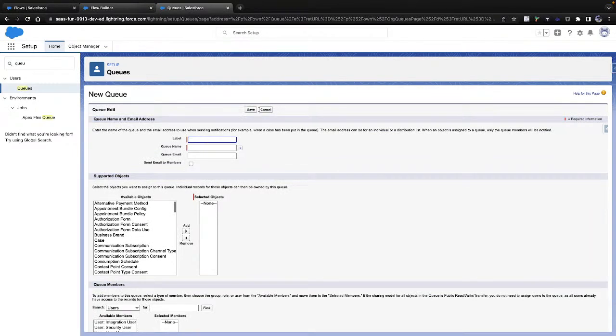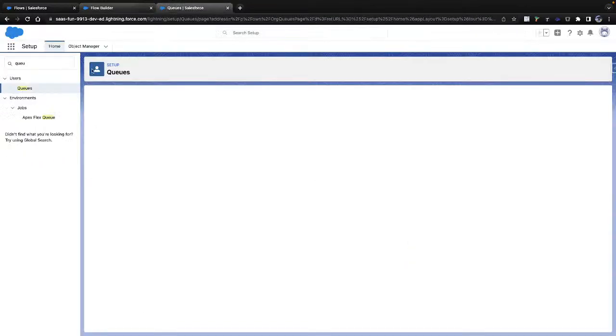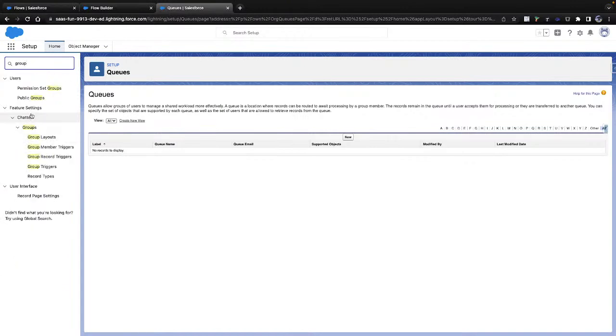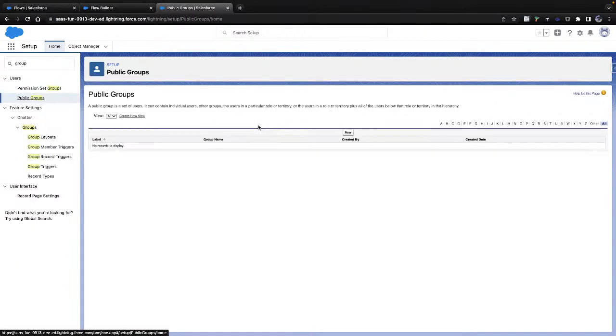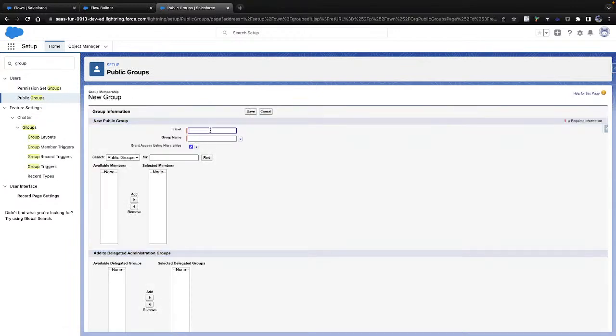New queue, or I can also do a group, I think. Let me see, is there a group available? Yes, group is available. Group is the best option, I think. Let's go by group, because as you know, queue is not available for all the record pages, so I'll prefer to have a group, which is always global. I'll name it case creation group.